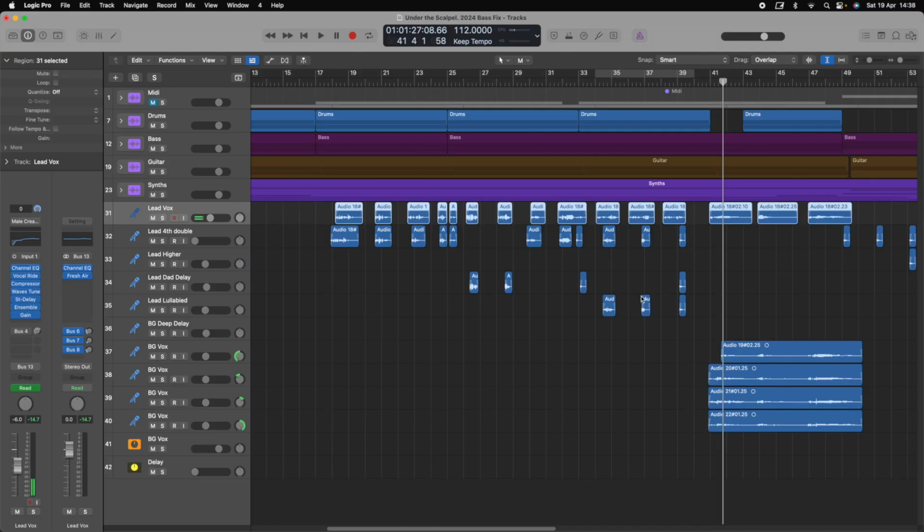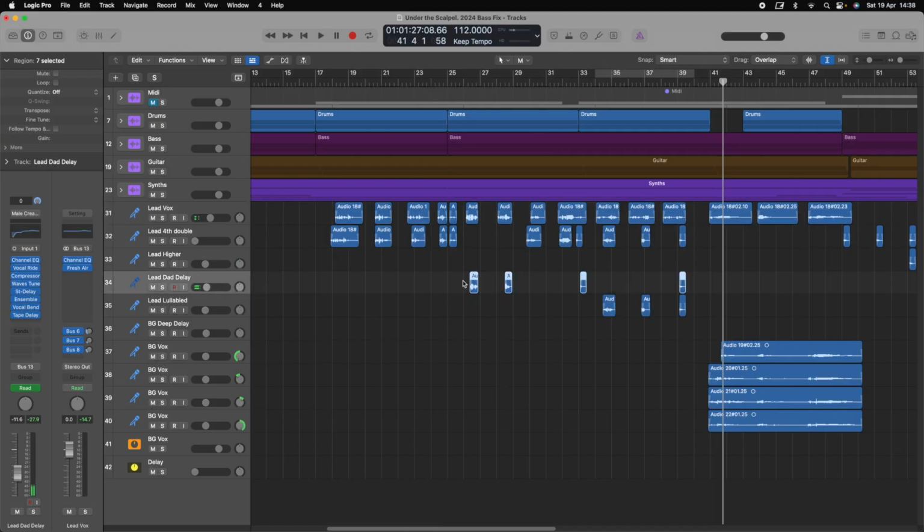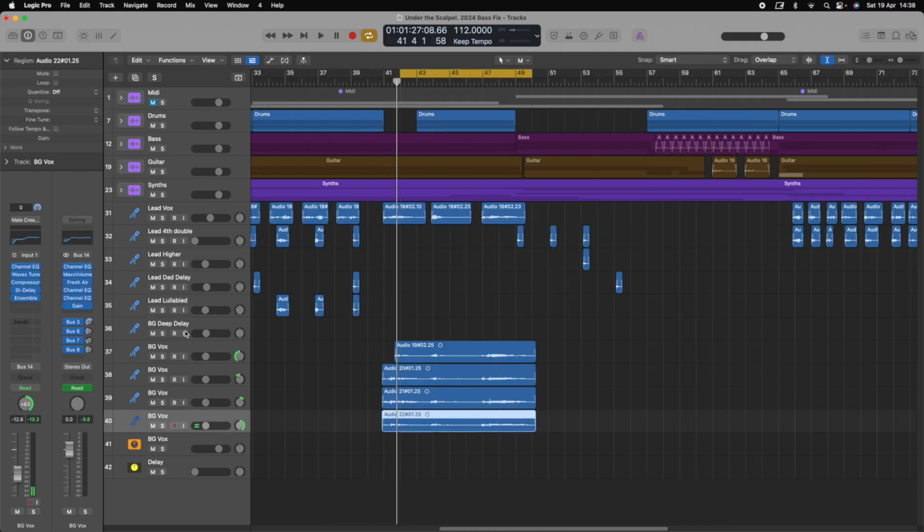My thoughts are that little subtle touches are more impactful than continuous things. If it's happening all the time, as you can see here with the little louder, there's only four sections of vocal where I've applied that, and then the lead lullaby is only at the very end there, so it's quite an interesting surprise. If it happens all the way through the track, it's not going to be interesting. So on the chorus, I have done four vocals